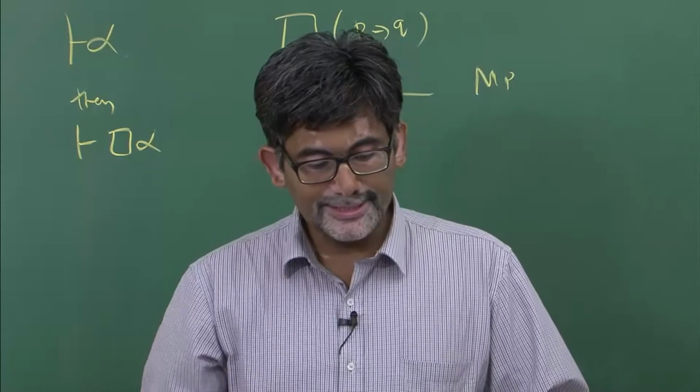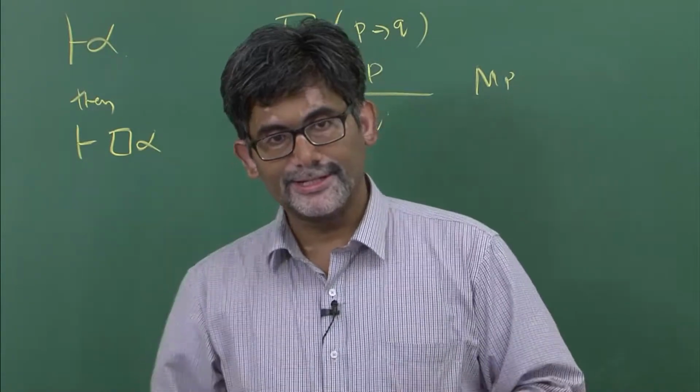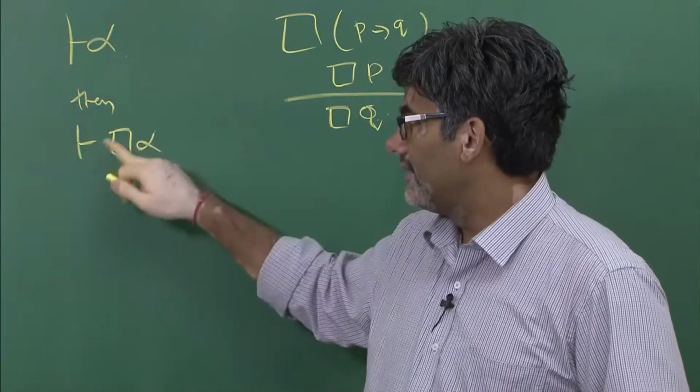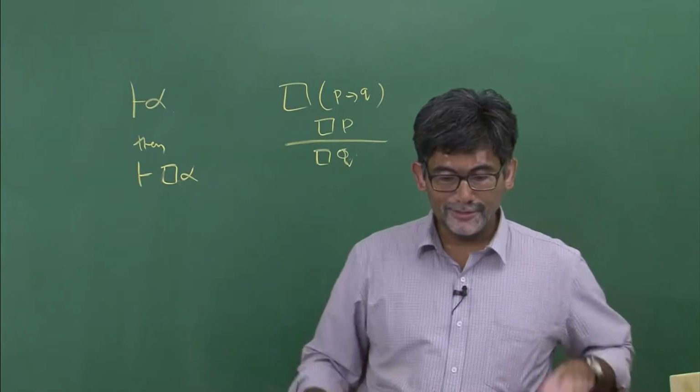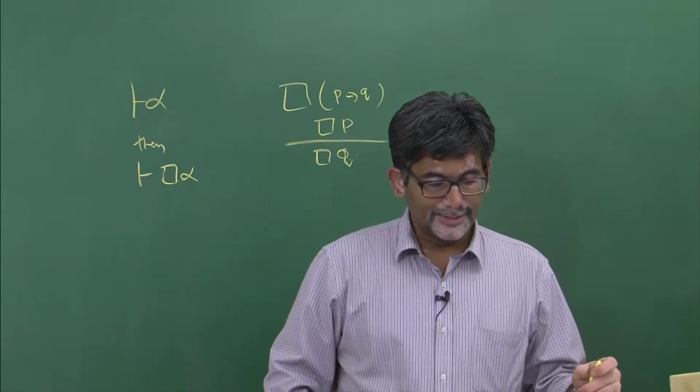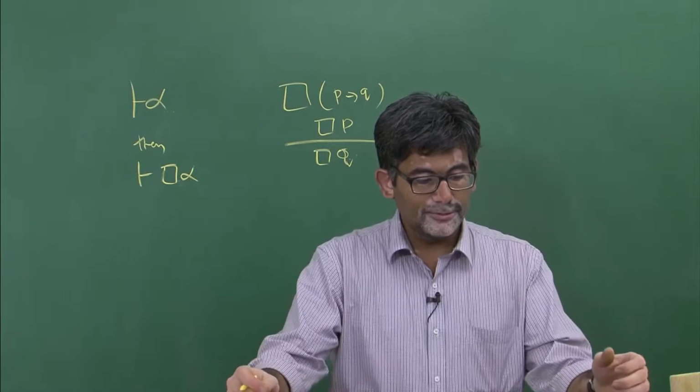So, the other thing is that L is closed under the rule of necessitation. That is what we have been discussing here. If we have any formula alpha, then the necessity of alpha can also be inferred from that alpha. So, in the case of